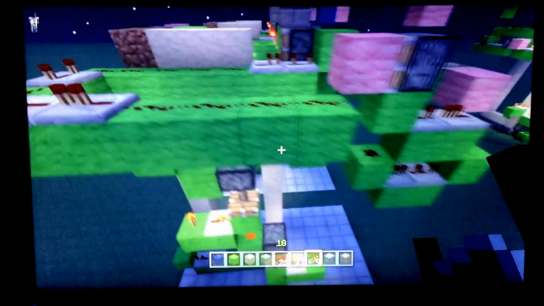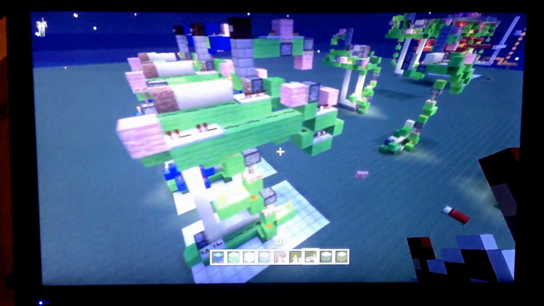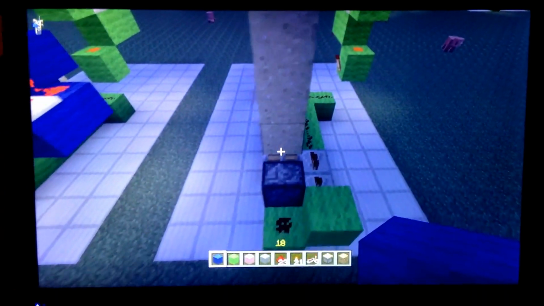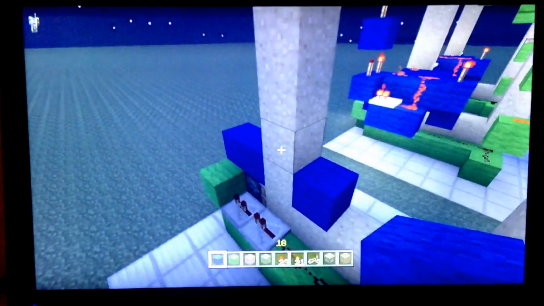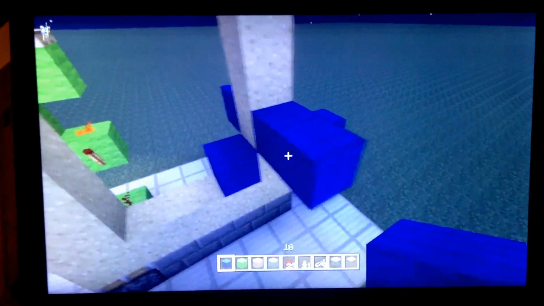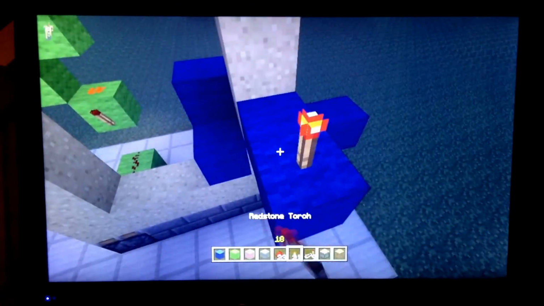So that's what hooks up the bottom part here. Now all the pushers are hooked up to the clock. Now we can start the turn-off section. So by coming on top of this piston, we go 1, 2 here, put a block there, and then put 1 there, and 2 here, and actually you can put 1 more right there. So you put that there,